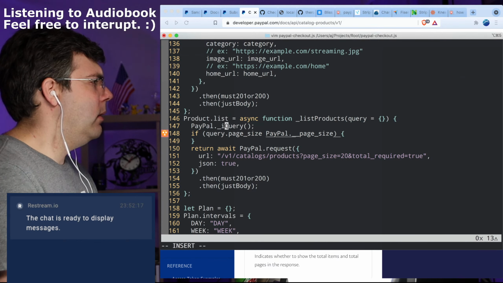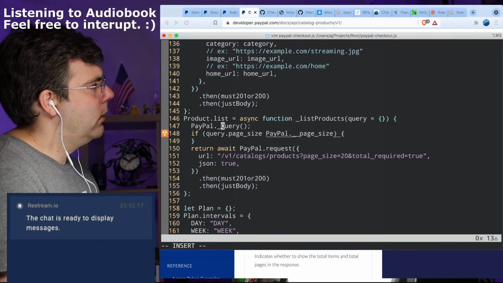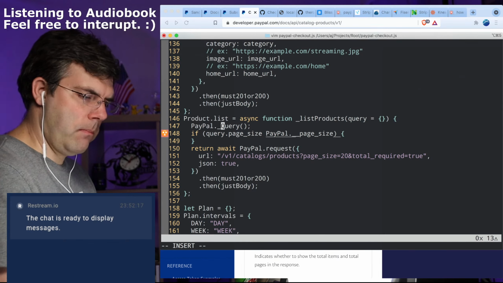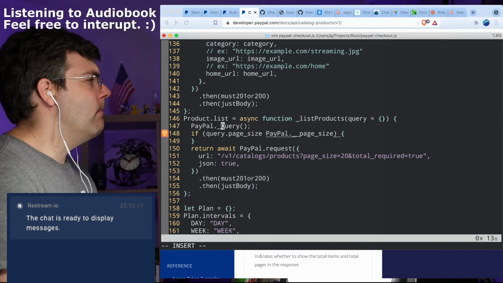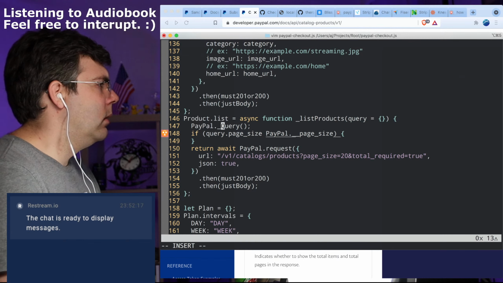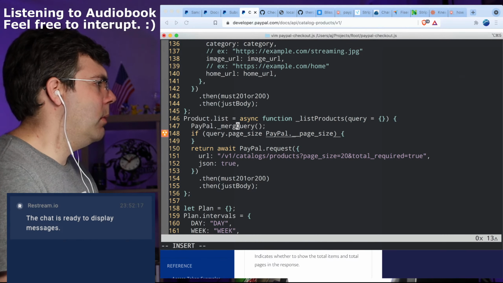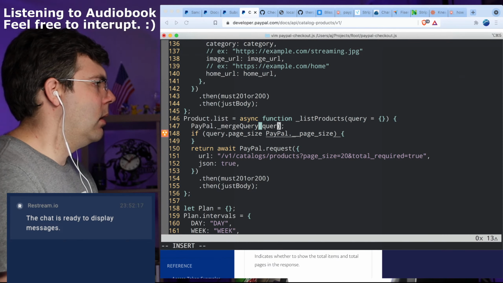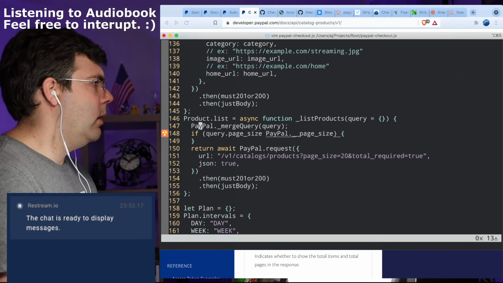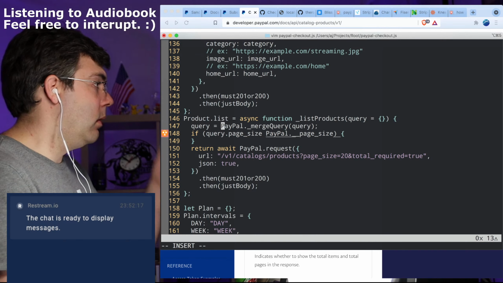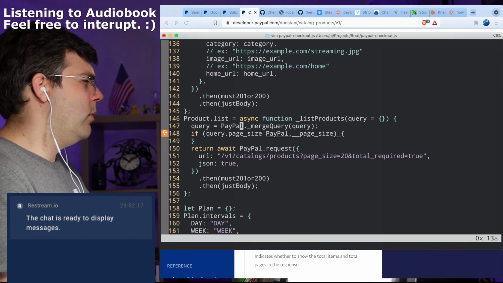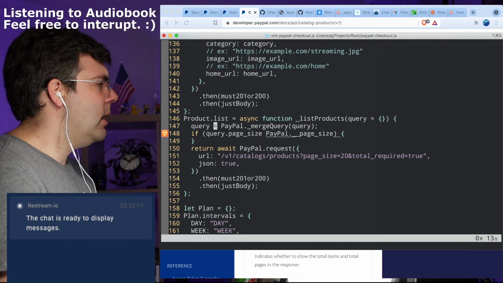No, not init, but merge query maybe. There we go. Yeah, I think I just want object dot.